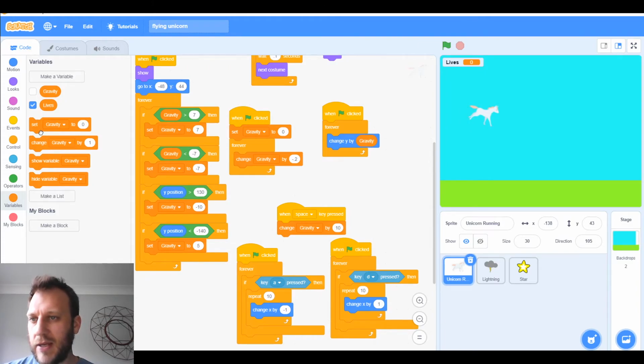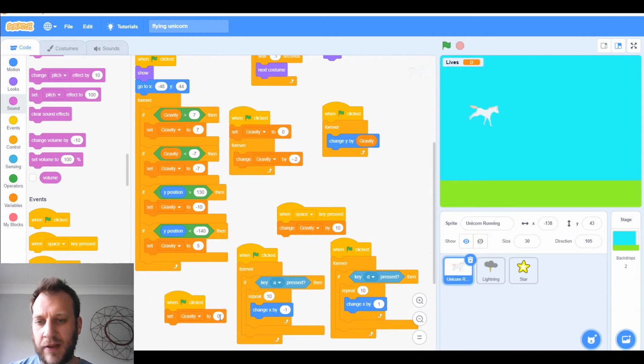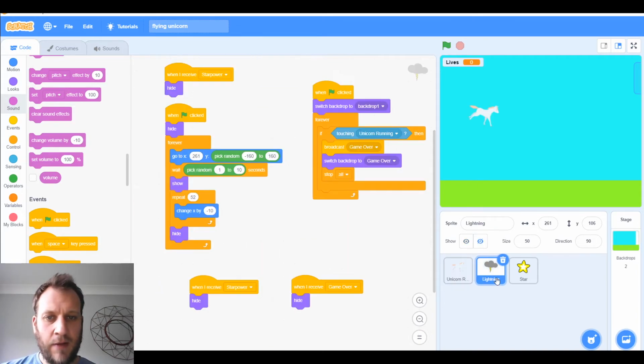So, when the green flag's clicked, I'm going to make a new one. So, when the green flag clicked, set gravity to 3. Not gravity, no. Set lives to 3. That's what we want. Okay, so lives is 3, and then every time we get hit by the lightning, we want to lose a life. So we're going to do